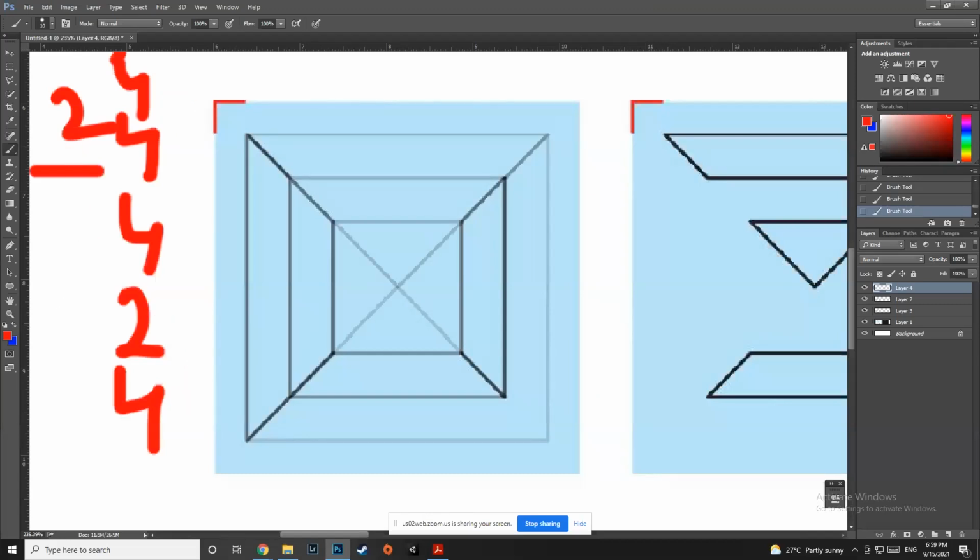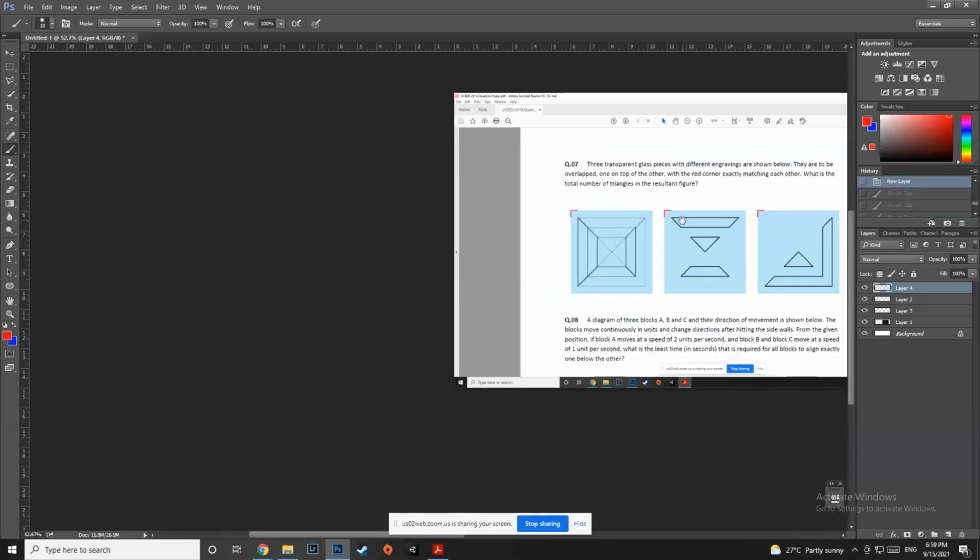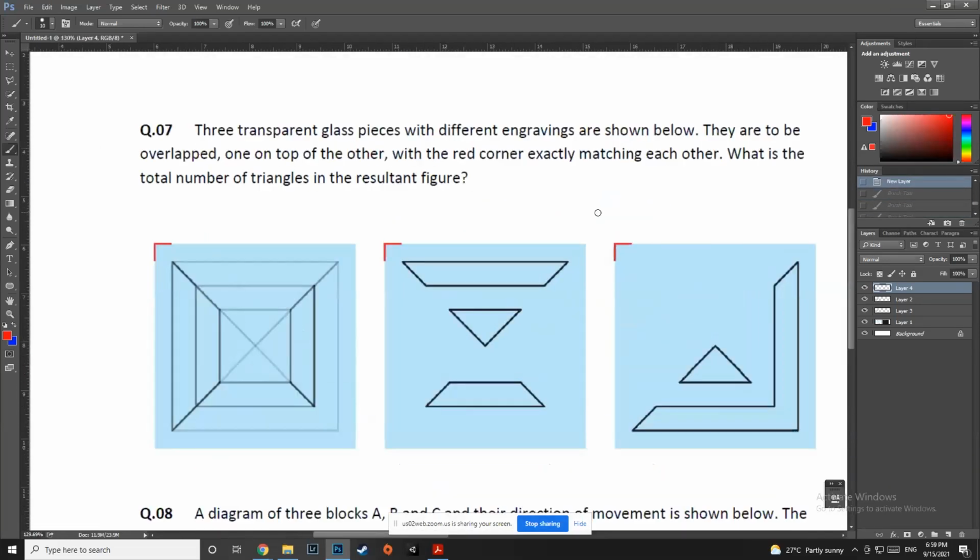Right. Cool, no problem. So, see, it was shape counting, but a very, very different sort of shape counting, right? So, they wanted you to construct the image in your head, and then they wanted you to count the triangles. Okay. Was the concept clear to everyone? How we counted it and how we did? Is it clear to all of you?